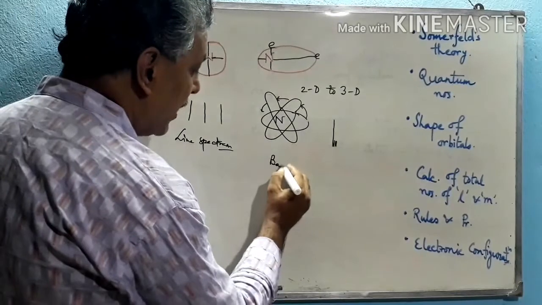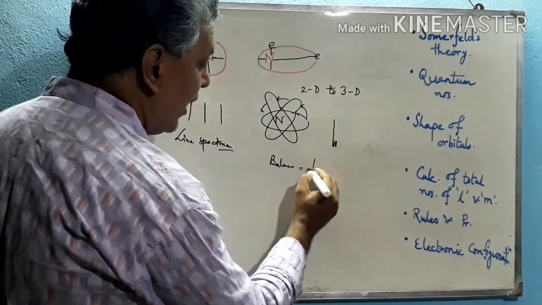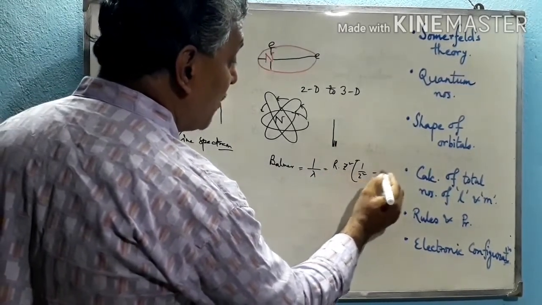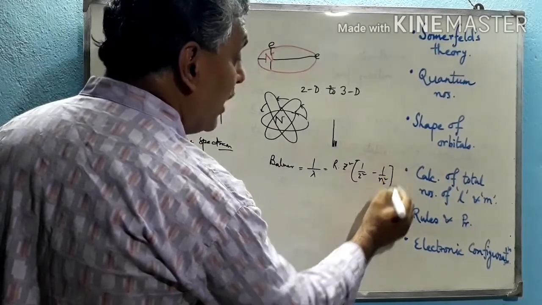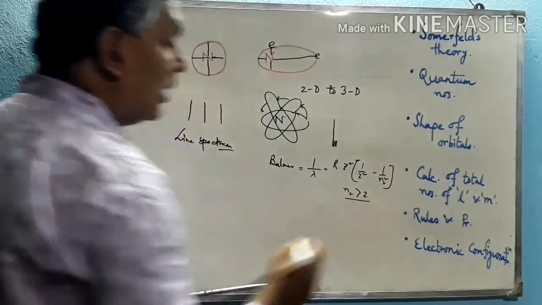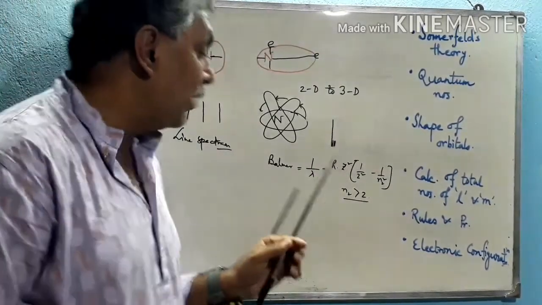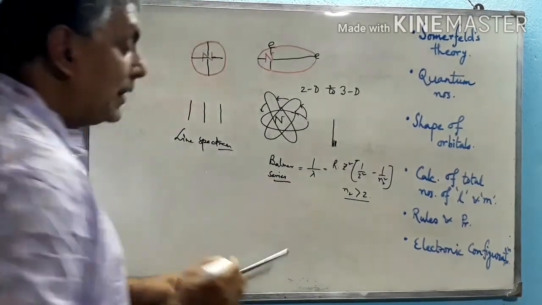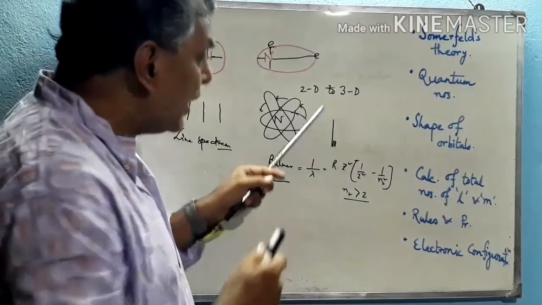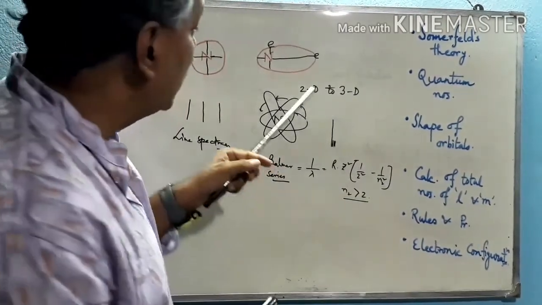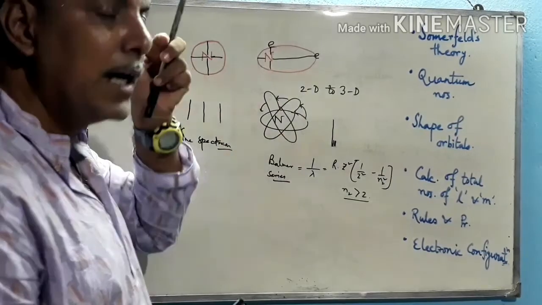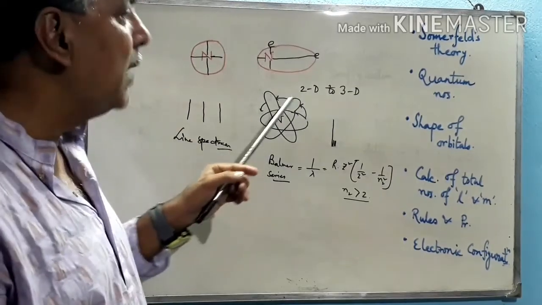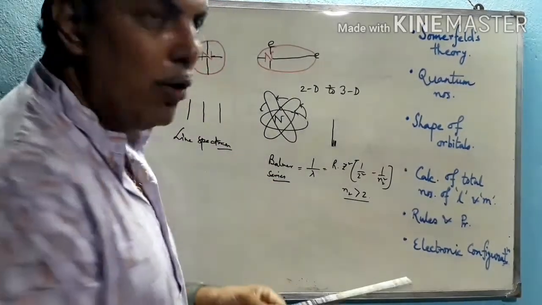So what will happen at that time? Balmer showed different frequencies, that means different wavelengths, with respect to the Rydberg constant times Z square into 1 by 2 square minus 1 by n2 square, where n2 is greater than 2. So when the electron jumps from a higher orbit to a lower orbit, it follows this type of expression. Balmer series spectral lines are obtained, and since different spectral lines are obtained, this proved that this is not a two-dimensional pathway, rather it is a three-dimensional pathway. So it follows such a spiral movement with respect to the nucleus in a 3D pathway.